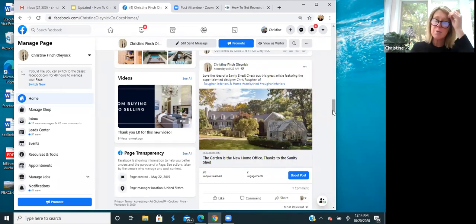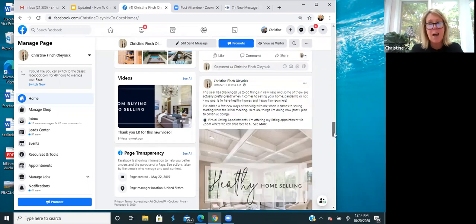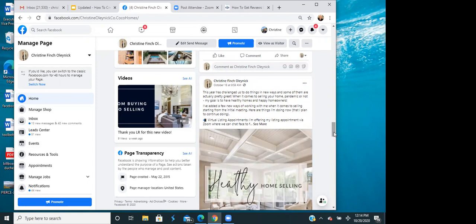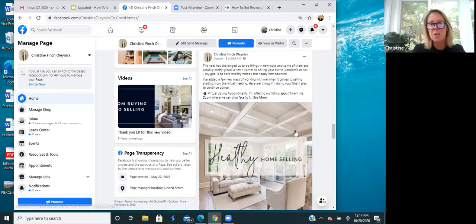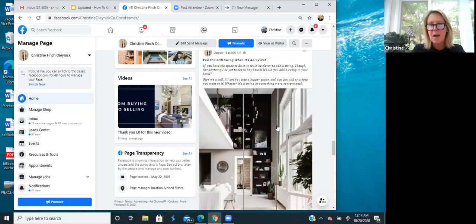This was in the Wall Street Journal, and it was about sanity fences, and a good friend of mine designed one of them. So I posted that the other day. This is how to do projects that buyers will fall in love with. Again, I didn't do any of these. I copied the URL and you post there. Exactly. This one I did do, but I only do that once a week. But again, these were all from other sources.